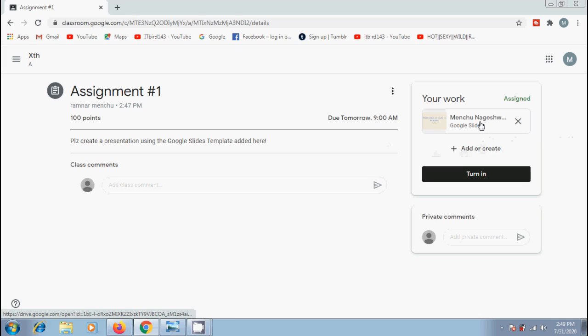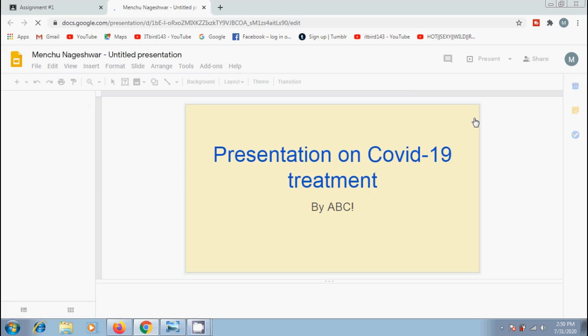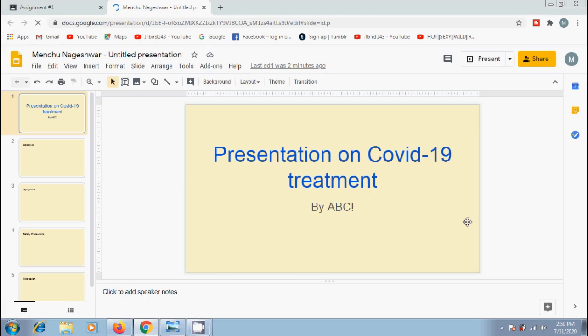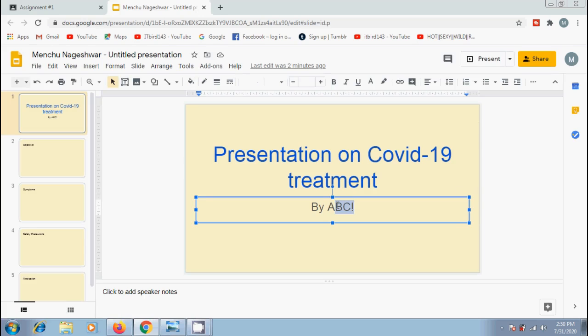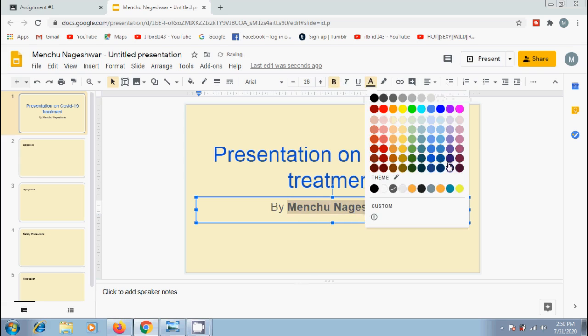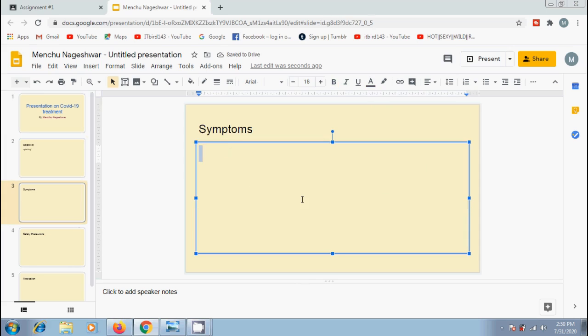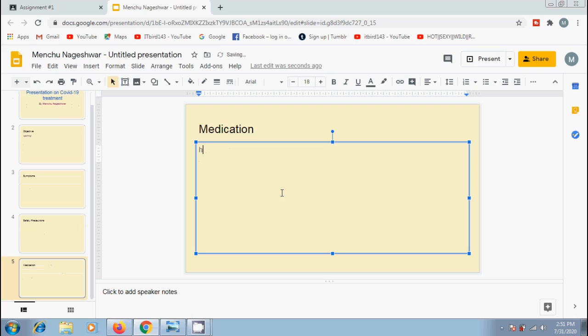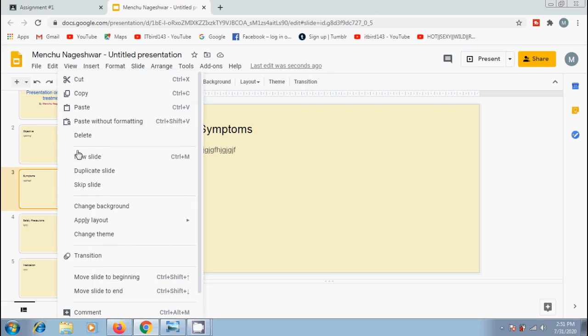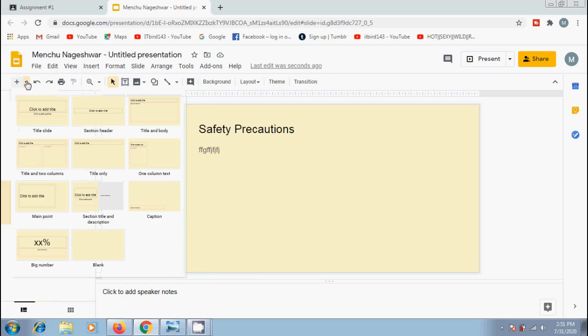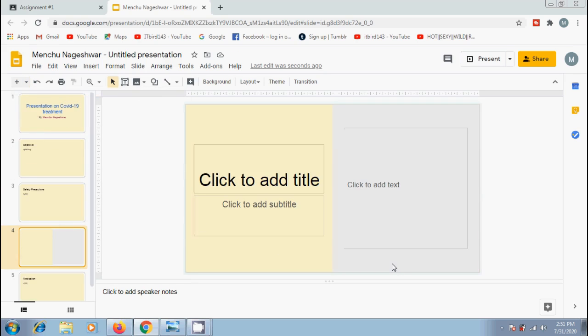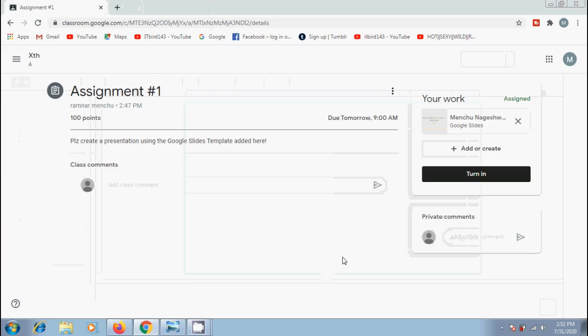Notice that we have our name in front of the presentation because we got a copy of this presentation. To work on this file, simply click on it. Then we will come into our own presentation file, and now we can modify this however we want. And if you want we can also delete the slides and insert a new slide with a different layout. After completing the work, no need to save it manually. Simply close the file and the changes will be saved automatically.